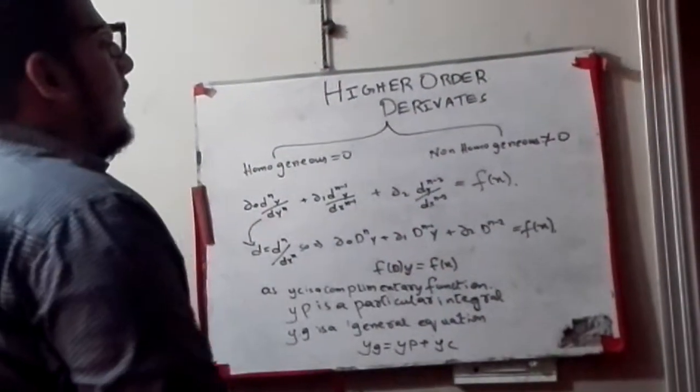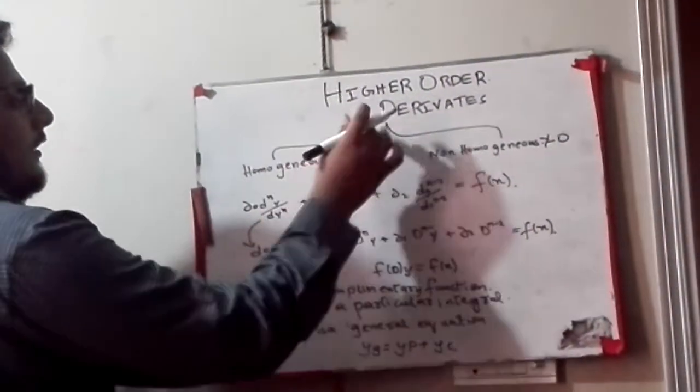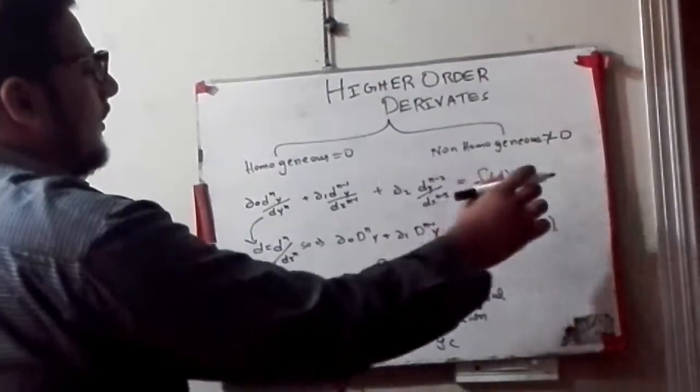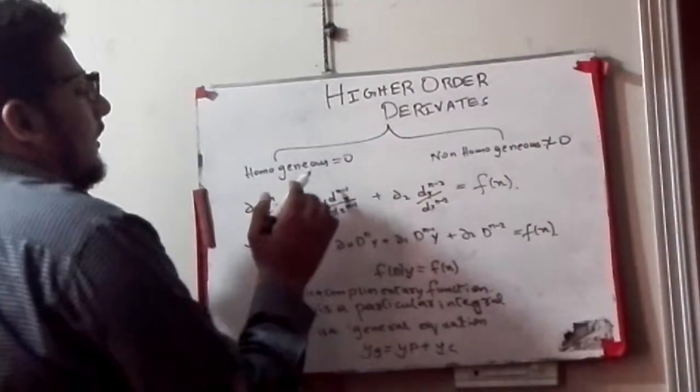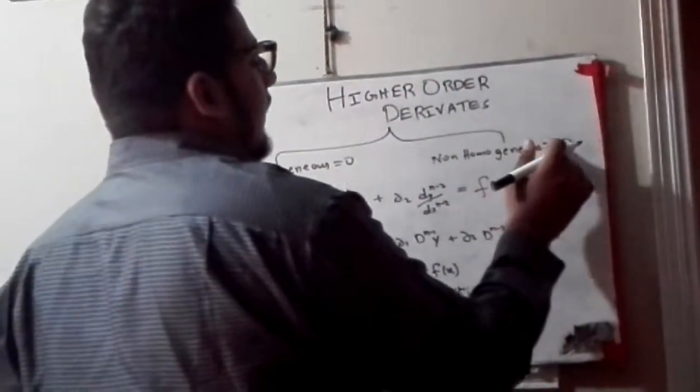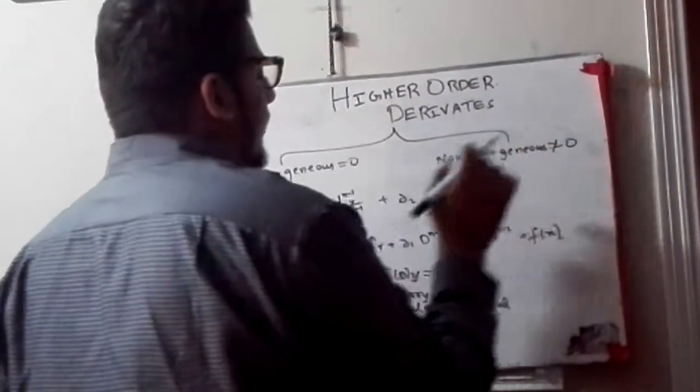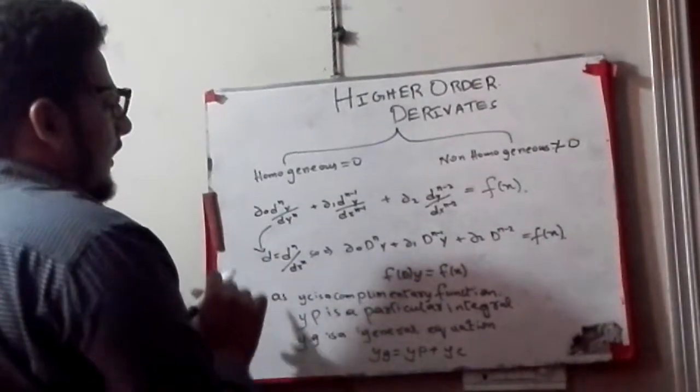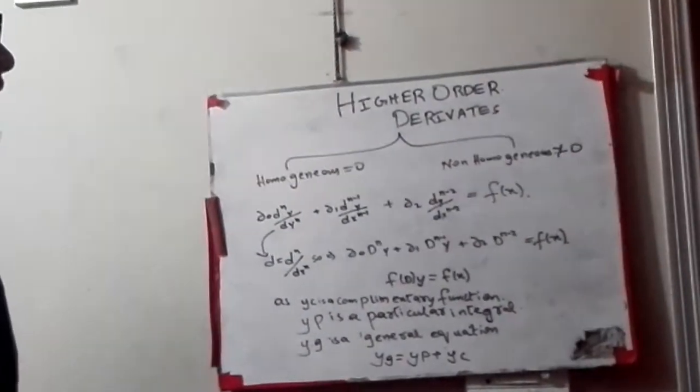So there are two equations actually, homogeneous and non-homogeneous. For homogeneous, fx is equal to 0, and for non-homogeneous, fx is not equal to 0. So for that, first we will actually start from a